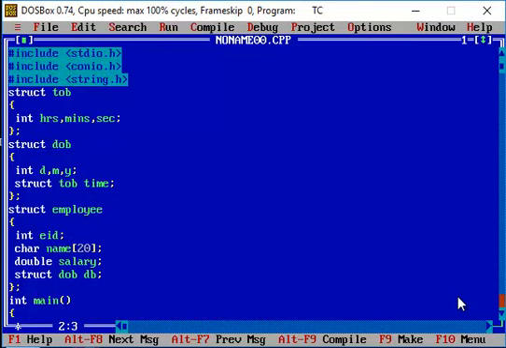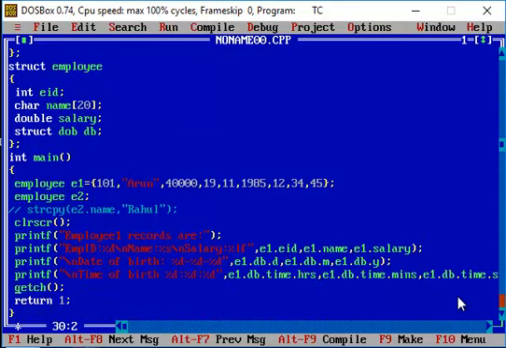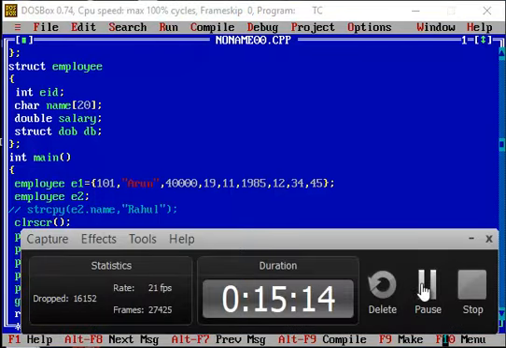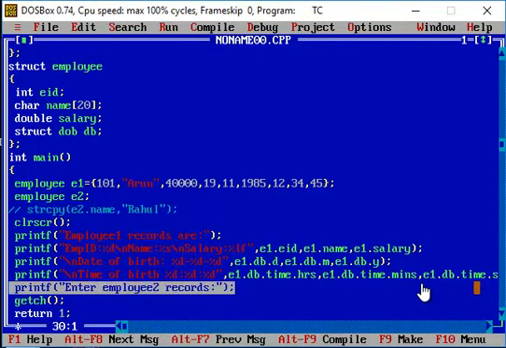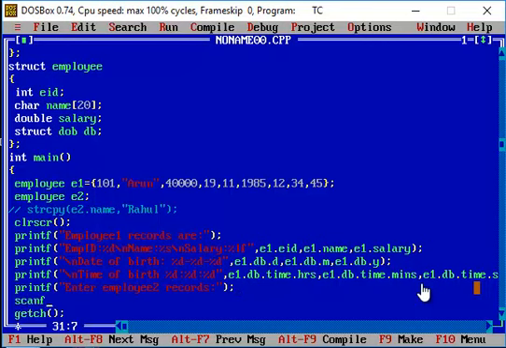So now we are just going to get the values from the user through the scanf statement. As I told you, now I'm going to get the input from the user. So here I'm asking the user to enter the employee records, the second employee records. I just entered a printf statement to enter the employee two records. Then I'm making use of the scanf statements in order to retrieve the information from the user during the runtime.